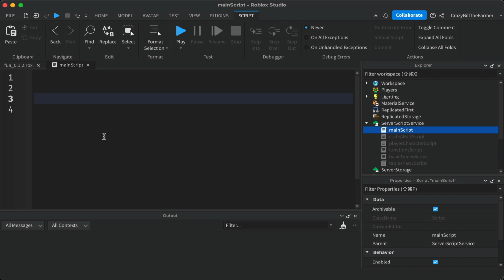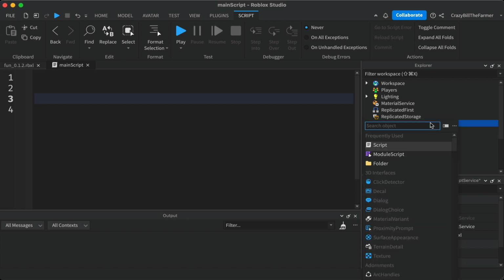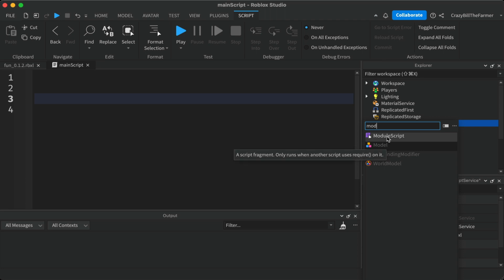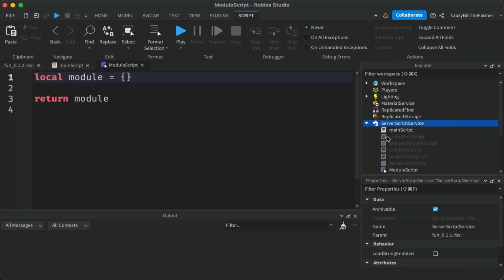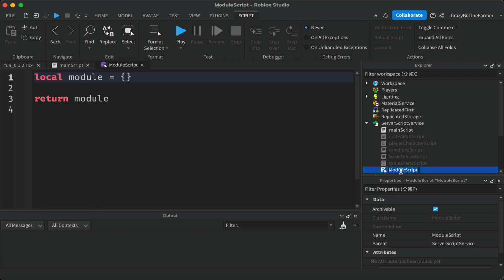We've done nothing with it at the moment, but we'll come over to Server Script Service now and click on the plus, and we're going to click on Module Script. If you don't see it, start typing Module Script until it appears in the list, and then click on Module Script. All right. Now we'll change the name down here to mod script,